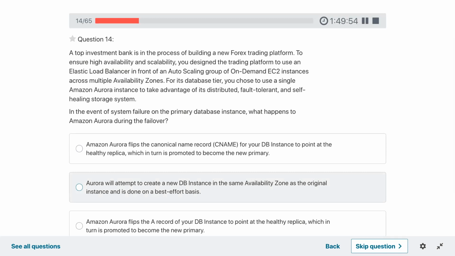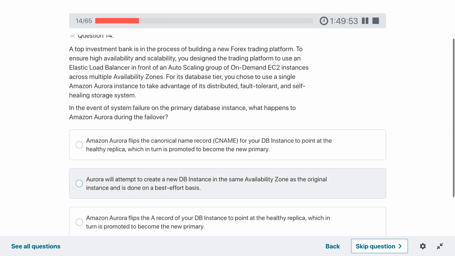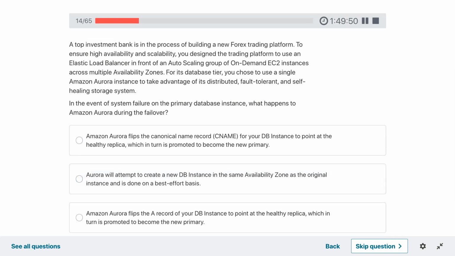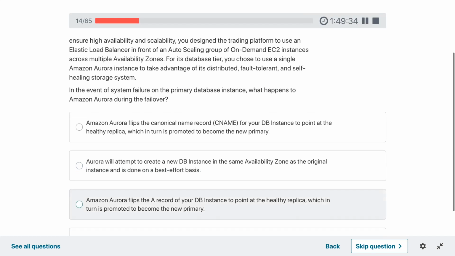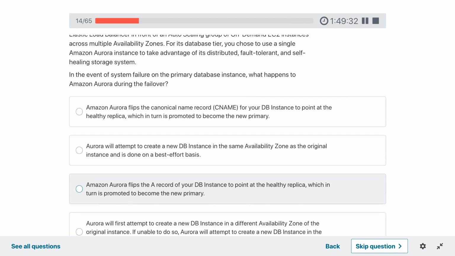For its database tier, you choose to use a single Amazon Aurora instance to take advantage of its distributed, fault-tolerant, and self-healing storage system. In the event of system failure on the primary database instance, what happens to the Amazon Aurora during the failover?